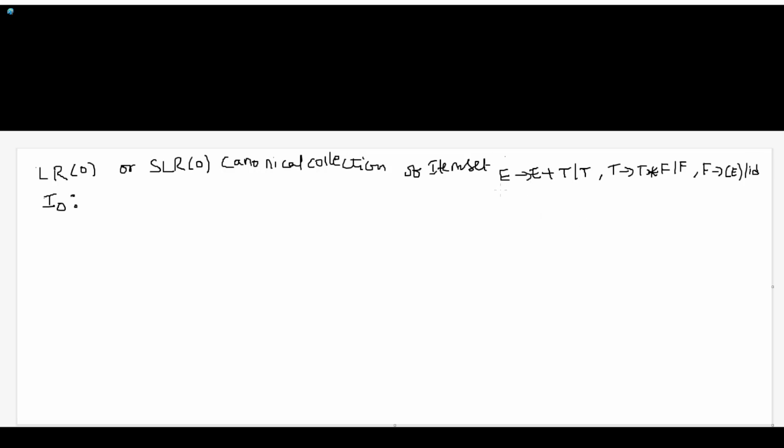Now the very first point is we have to break the given production into individual production rules. In the E production we have two production rules, that is E derives E plus T or T, and in the T also we have two productions. Again in the F also we have two productions. So you have to break the given grammar into individual production rules like this. E derives E plus T, make this rule number 1,